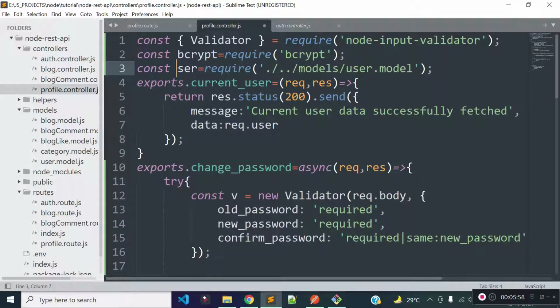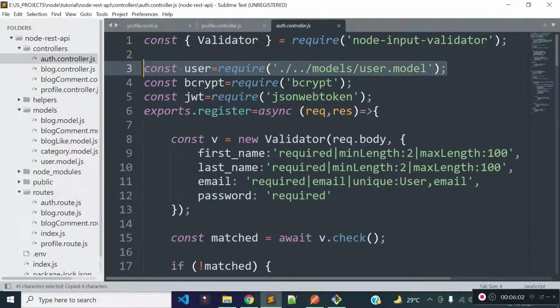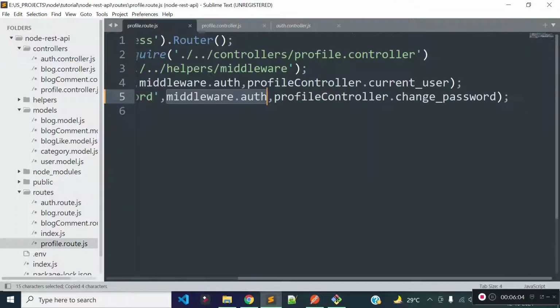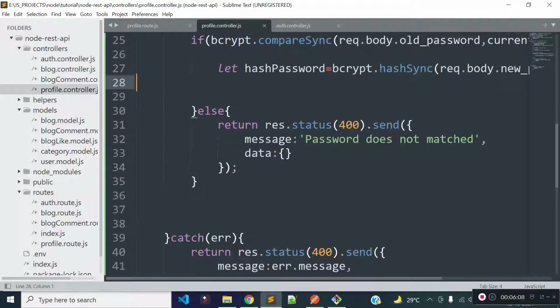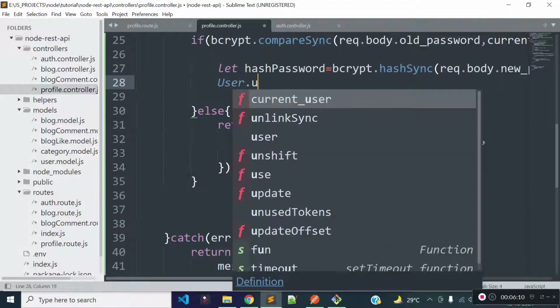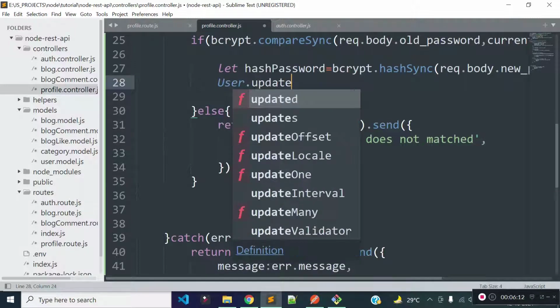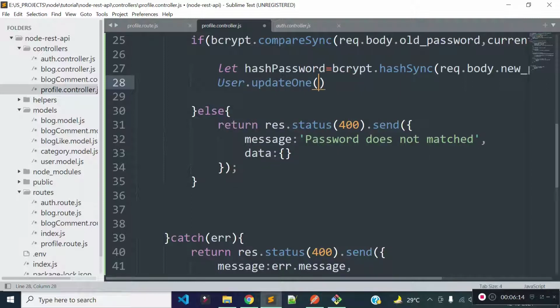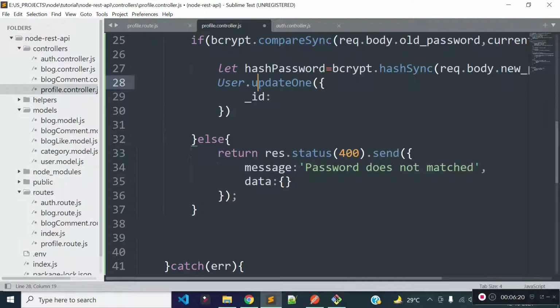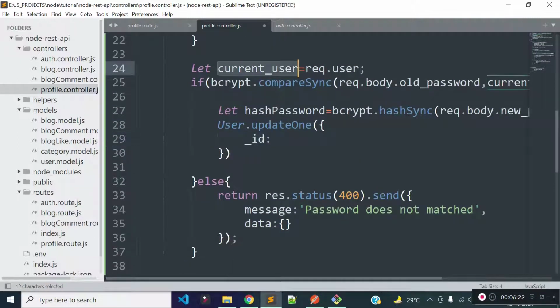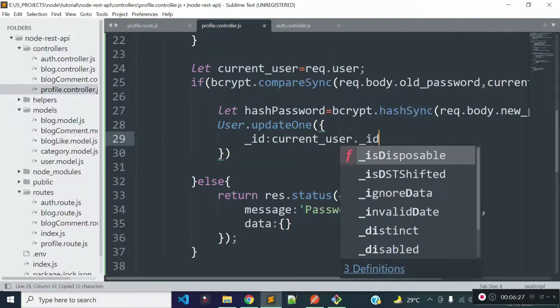Let's make it capital case, and then we can update user's password with the help of user model's update one method. Inside this update one method's first parameter we need to provide the condition inside an object, and the condition will be underscore id is equal to kindly authenticate user id, because we are going to update kindly authenticate user's